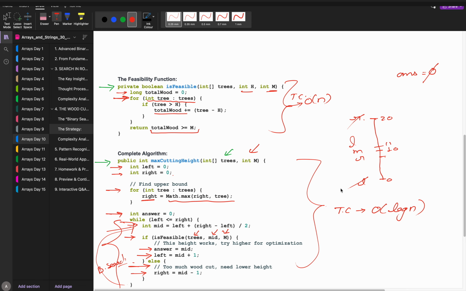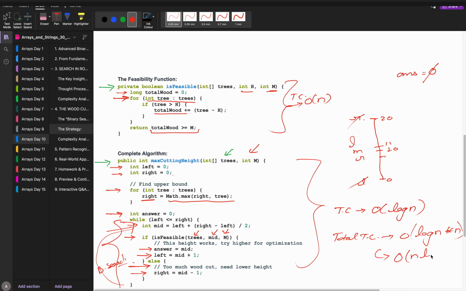So total time complexity would be, in the worst case I am going to run it every time here. This is order of n, but how many times? Log n times. So big O of log n multiplied by n, that's what I can write. In multiplication we can change the order, big O of